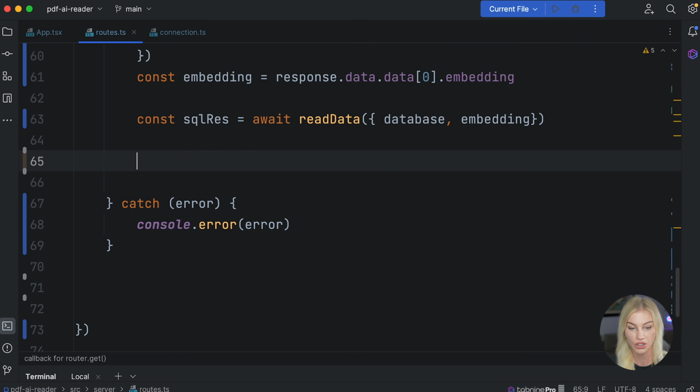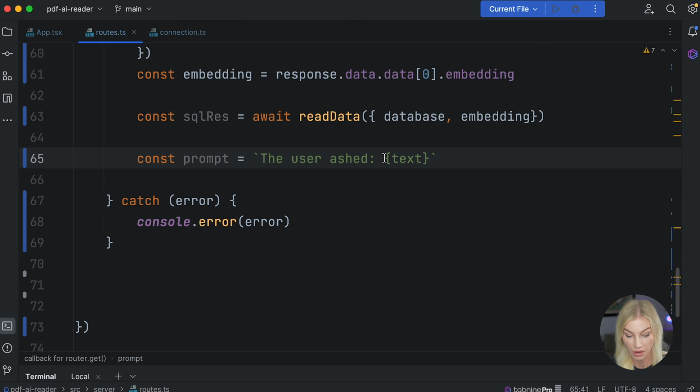So now we don't have to console log this out anymore. I'm just going to create a prompt that we're going to pass through into the OpenAI API again. It's going to say the user asked, and then we're just going to pass through the text that we have from the parameter. So the user asked this,